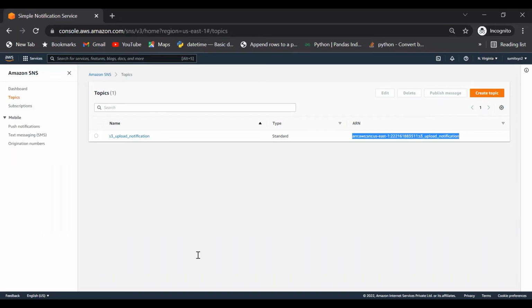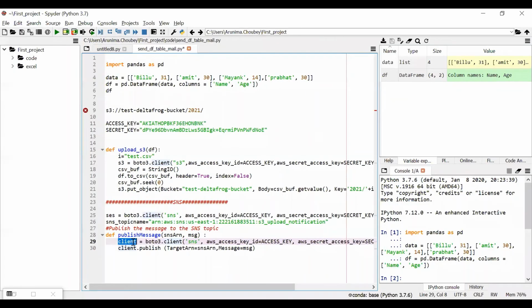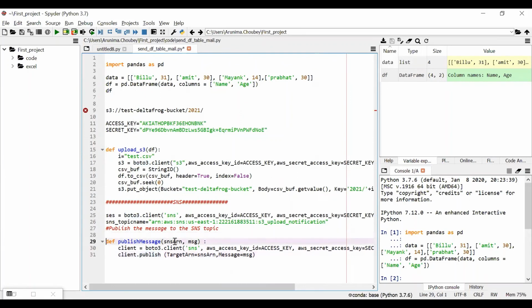Okay, region is fine. So after creating the connection using Boto3, I just need to publish the message. So this is the function. I will call this function with the error number and the message that I want to send. So this is correct. This is fine. Now